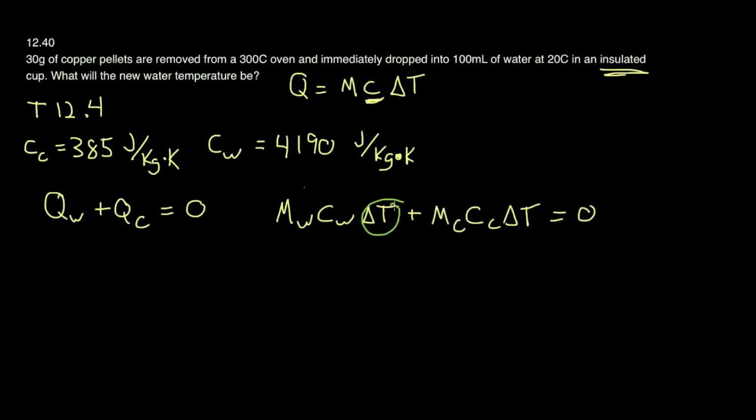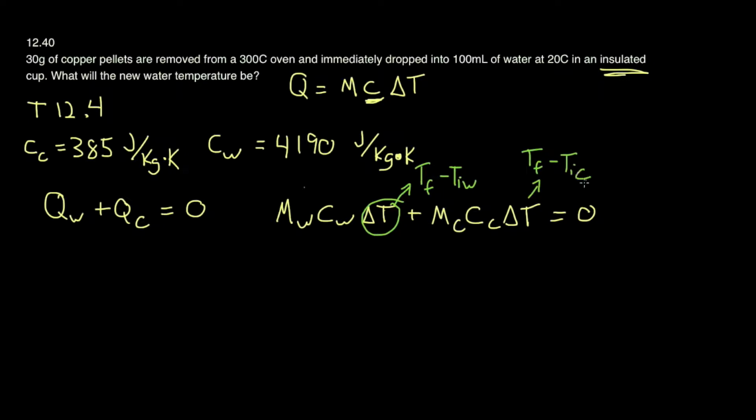We know that this delta T is just going to be the final temperature minus the initial temperature. So T sub F minus T sub I of the water. And then this delta T is just going to be the T sub F final temperature minus the initial temperature